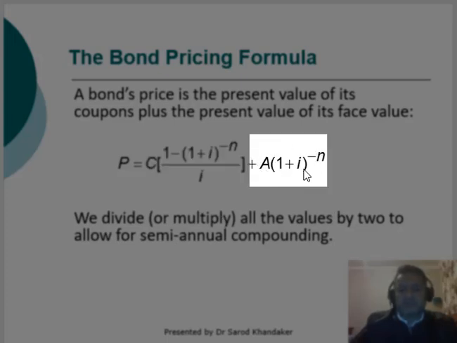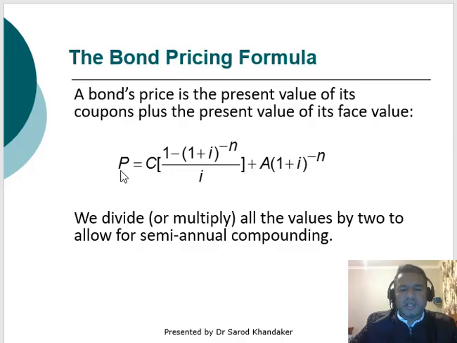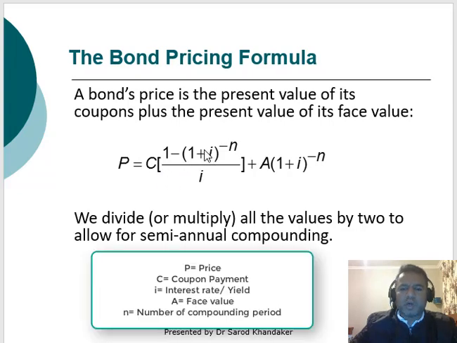the future value. So in this case, P is the price of a bond, C is the coupon payment, 1 minus (1 plus I), where I is the interest rate, to the power negative n, because we are calculating backwards. n is the number of times it will be compounding, or we can say the number of years multiplied by the number of times it will pay coupon a year, divided by the interest rate. So this part will calculate the present value of the coupon stream, and the second part is A multiplied by 1